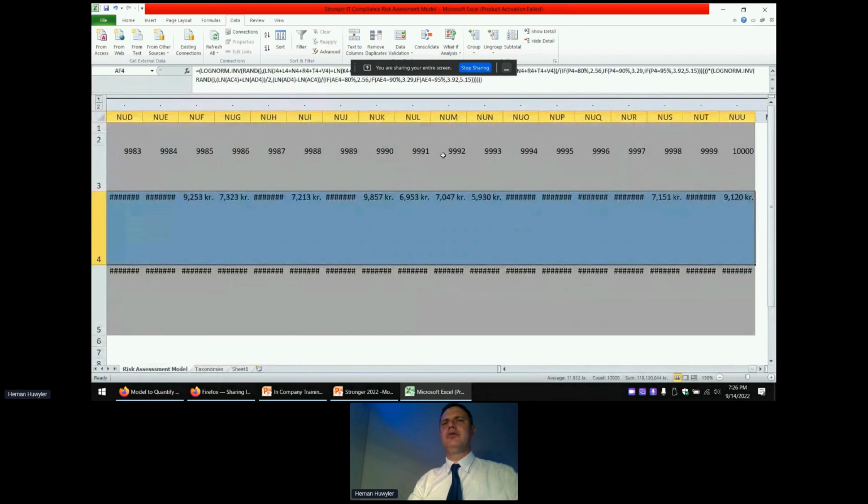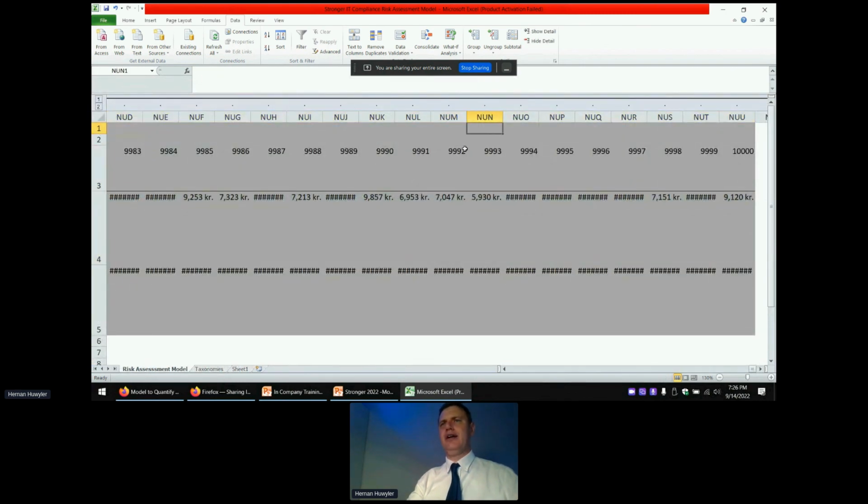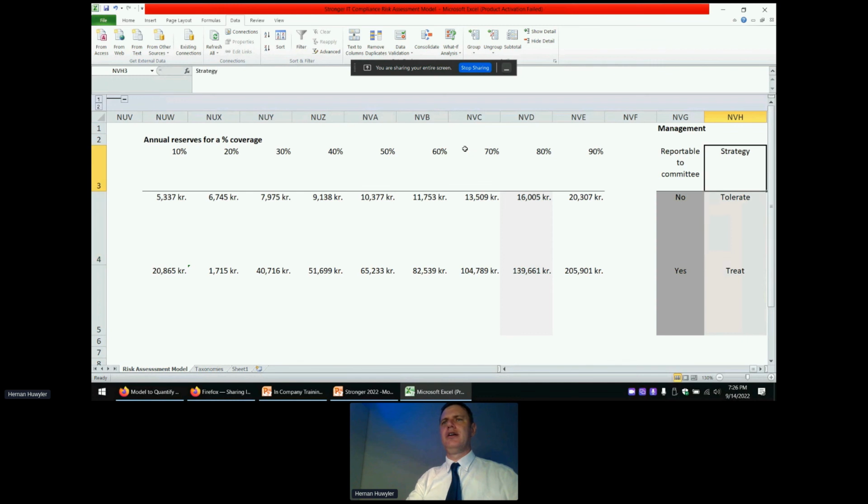Another way to disclose the exposure is to have this calculation that tells you how much you need to invest if you want to offset the risk for 10% of the cases, 20% of the cases, 40% of the cases.